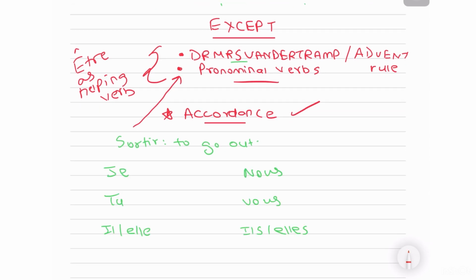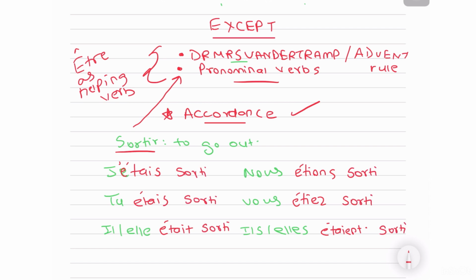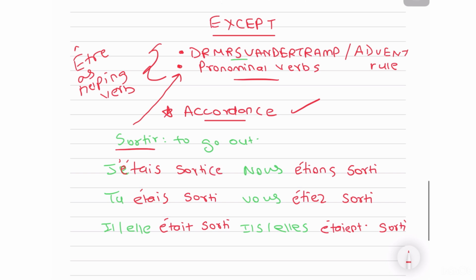So now I'll write être in imparfait, and then I will make the past participle of sortir. It is an IR verb, I'll remove the R, I get sorti, and now I'll do accordance. If the je is feminine, I'll write sorti with the E, depends on the context. Same with tu, it can be masculine and feminine. Then with il, we leave it as it is, but with elle, we will always add an E.